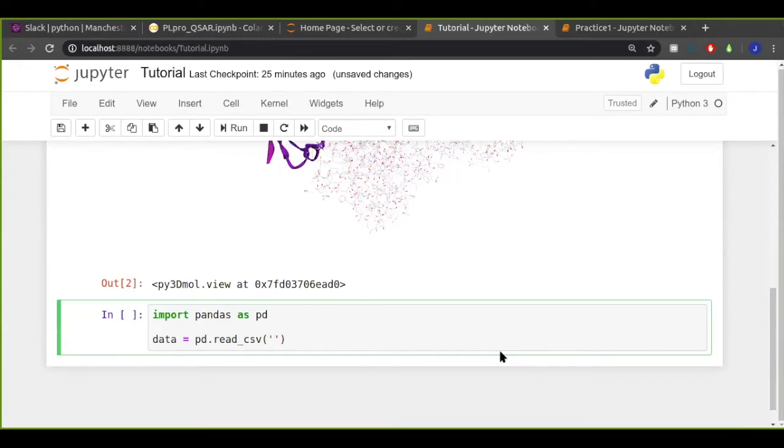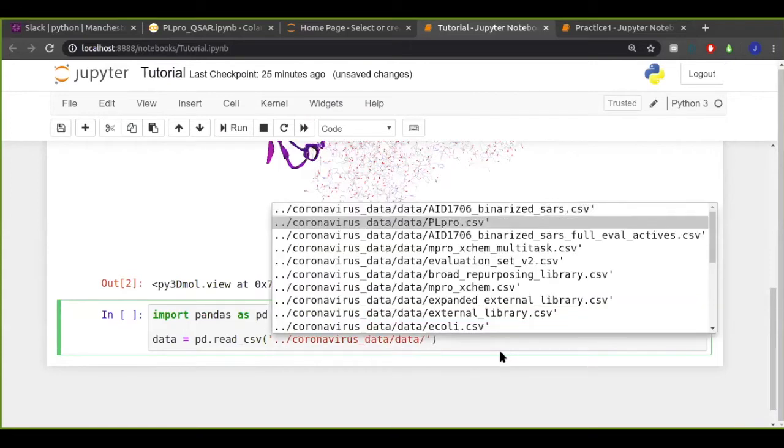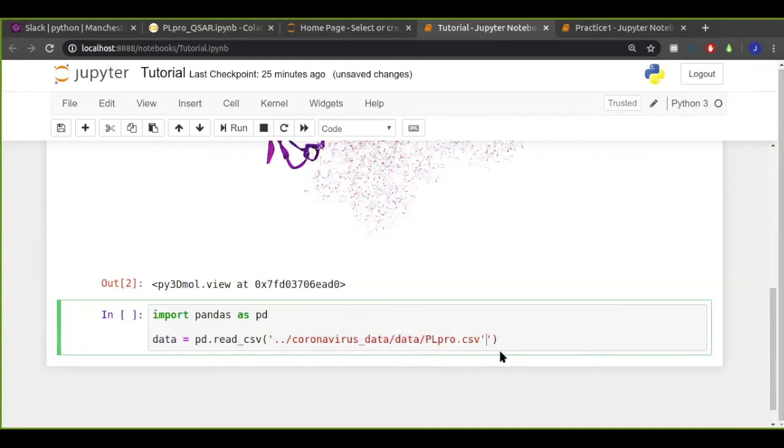And relative to where I've started this notebook on my local machine, I think the path is ../ which means up one directory, coronavirus data, tab autocomplete. Please help me out. Yes, plpro.csv. There we go. So you'll see that I actually made up the 3 in plpro.